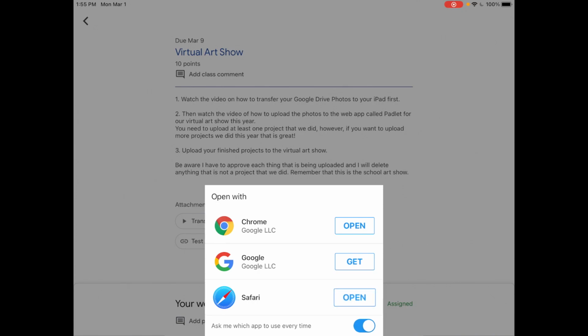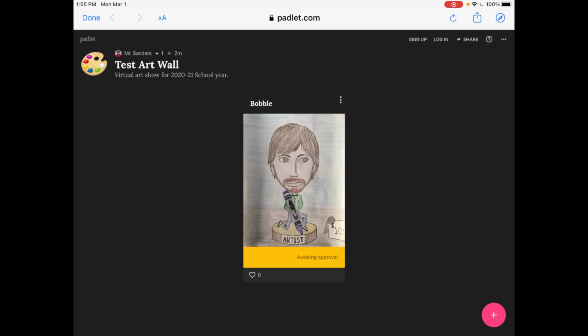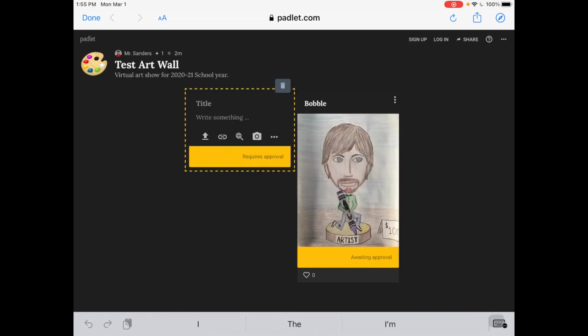I'm going to do Safari first, and then I'll show you a version with Chrome. Chrome is a little bit different. Not much, but a little bit. So I'm going to go ahead and open Safari. And you can see one that's here. What I'm going to do is I'm going to go ahead and click New, that little button